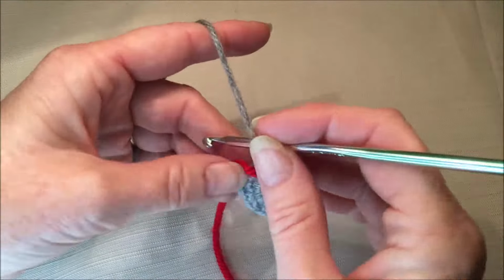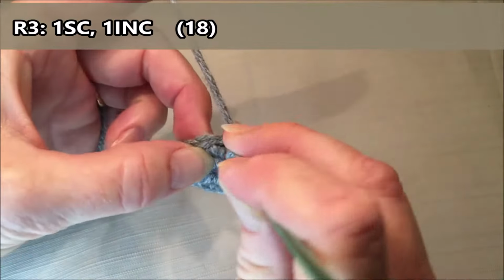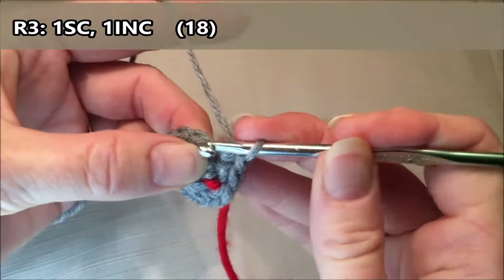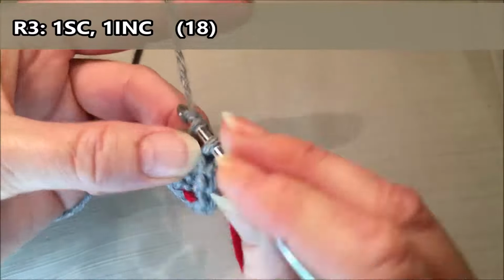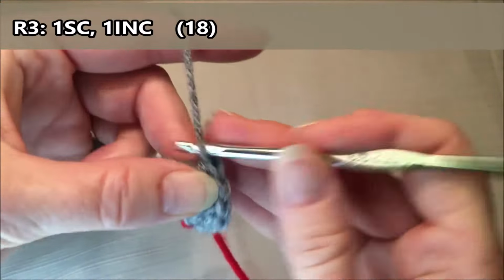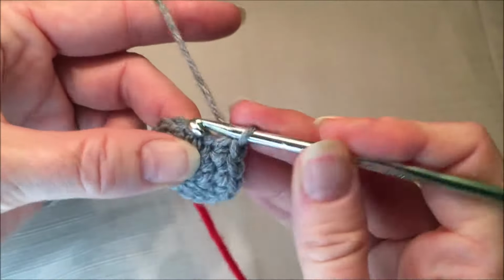Row 3, you're going to do 1 single crochet, 1 increase, and repeat that all the way around for a total of 18. So 1, increase, 2 and 3, 4, increase, 5 and 6, 7, increase, 8 and 9,